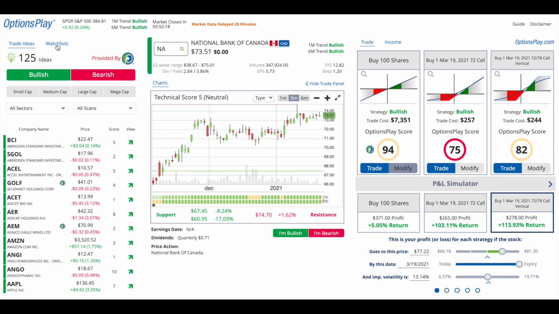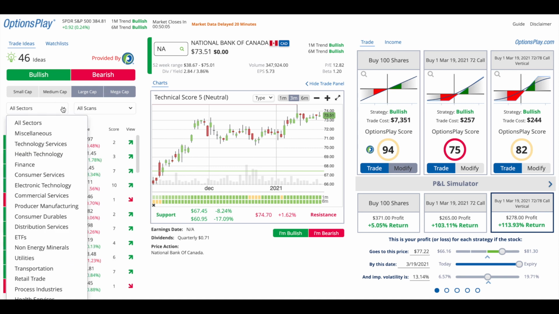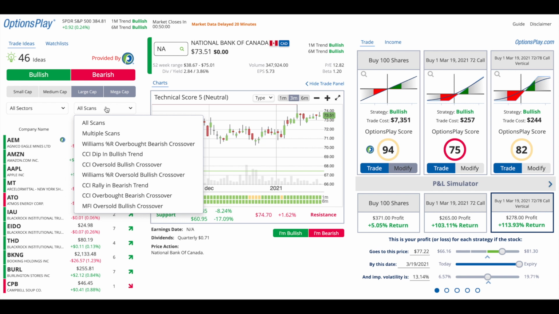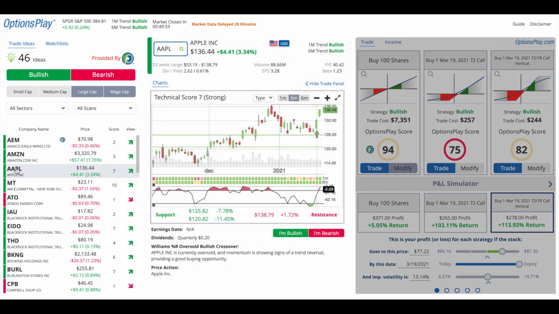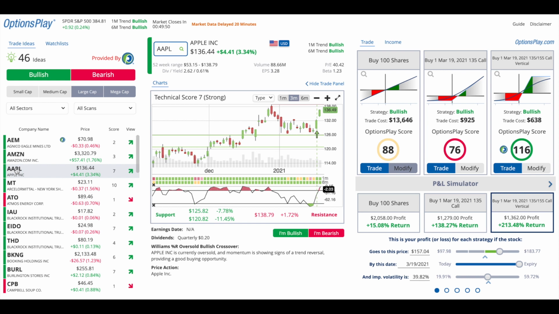where we have trade ideas and watch lists. Trade ideas are for stocks that we generate every single morning based on technical analysis scans, both bullish and bearish ideas. And you can sort and filter based on market cap, the sectors of the stocks, as well as the type of technical analysis scans that generate these types of ideas. Now you can click on any symbol within this trade ideas section to populate the rest of the screen, and note that the OptionsPlay integration that is currently integrated into National Bank covers both US and Canadian securities